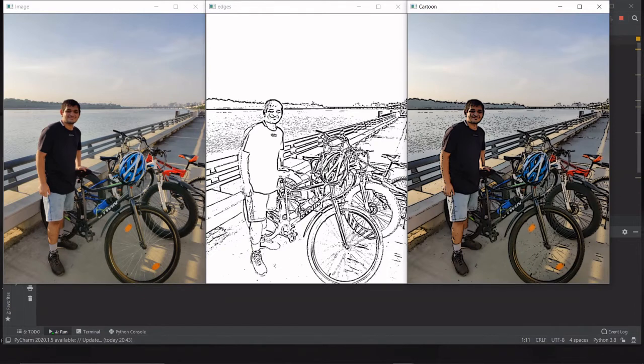You might want to zoom in and check it out. You can see it along some features like the river along the back, some black shades in the background, the helmet, the bike, and the bottom. That's my cartoon image, and this is my pencil sketch. This is a pretty enhanced version, and I'll run through the code now.